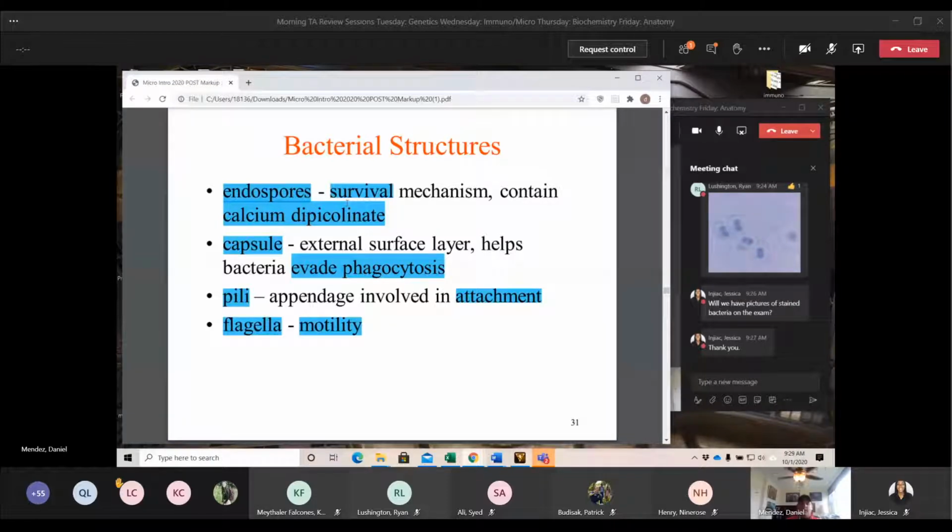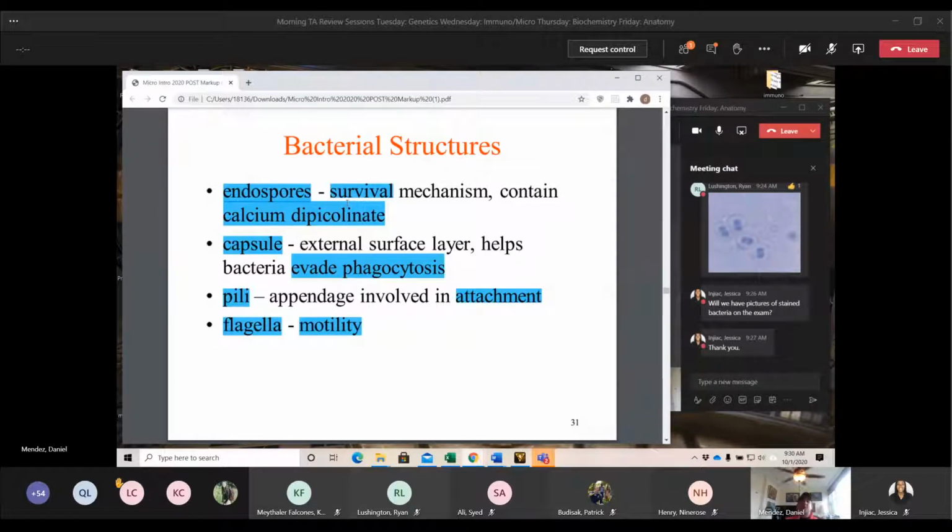If you took general micro back in undergrad, or if you can remember all that way back, there are certain bacteria that do this, Bacillus. Bacillus create these endospores, and you can expose the Bacillus to a very harsh nitrogenous environment or a very harsh pH, which would normally kill the bacteria. The bacteria will then release this endospore, a little container of genetic material that won't be affected by the harsh environment.